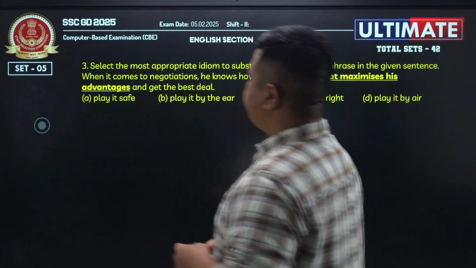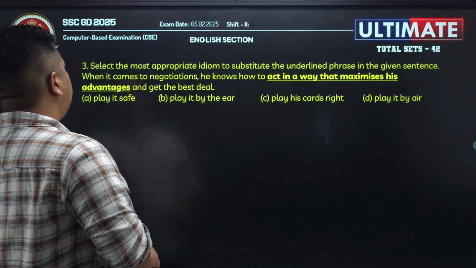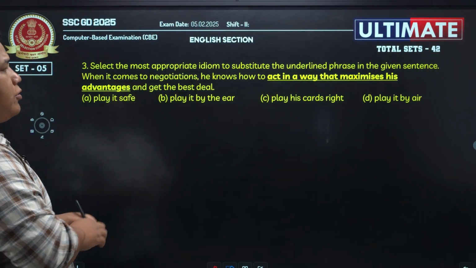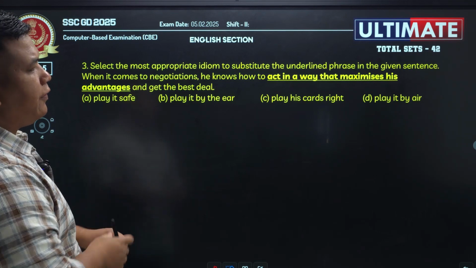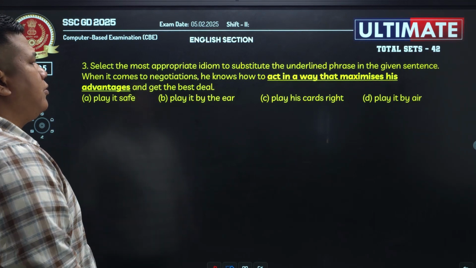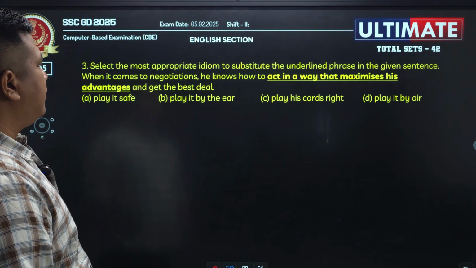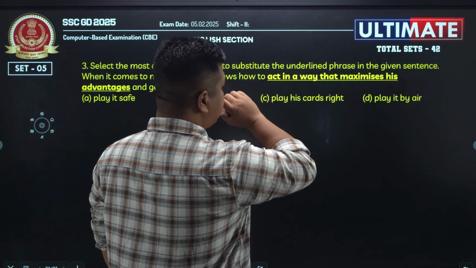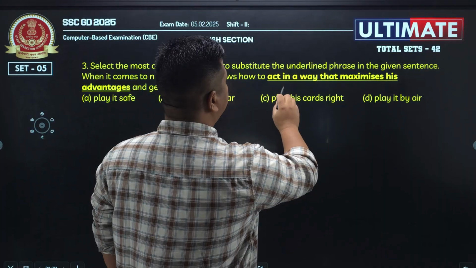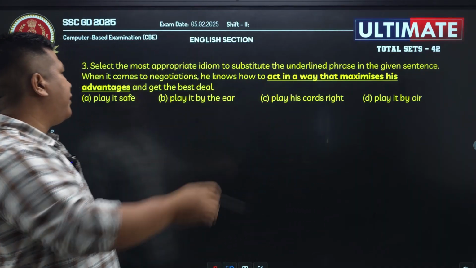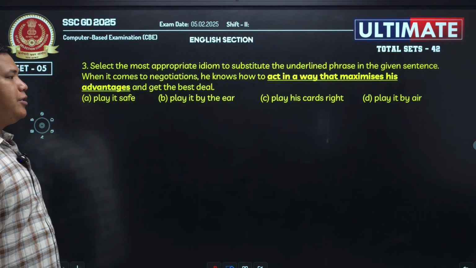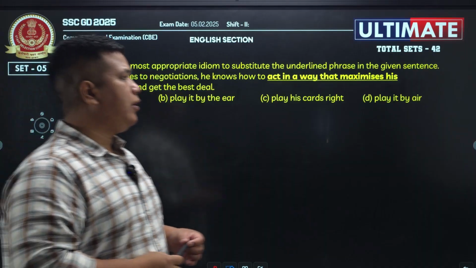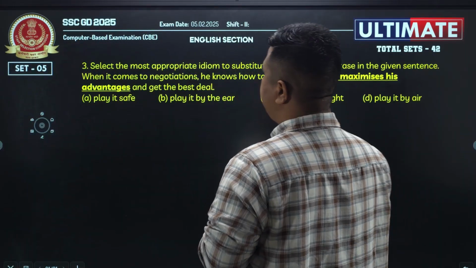Okay. Question number 3. Select the most appropriate idiom to substitute the underlined phrase in the given sentence. So we are supposed to select the idiom that best expresses this act, whatever it is given here. When it comes to negotiation, he knows how to act in a way that maximizes his advantages and get the